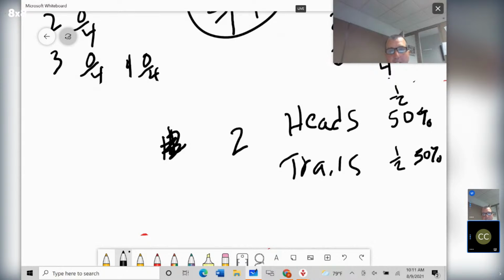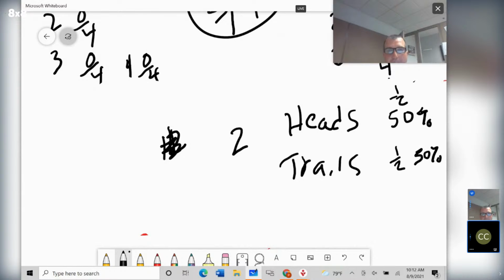Just one thing that's going to be on your homework too, if you think about it, we play rock, paper, scissors. There are 3 possible outcomes: rock, paper, or scissors. And if you're playing with 3 people, you think you're going to win 1 out of 3 times. But you guys know if you've ever played rock, paper, scissors, sometimes you win more than 1 out of 3 times. Sometimes you win less. So in theory, you have a 33% chance of winning. But when you actually play the game, sometimes you win more than 33%.